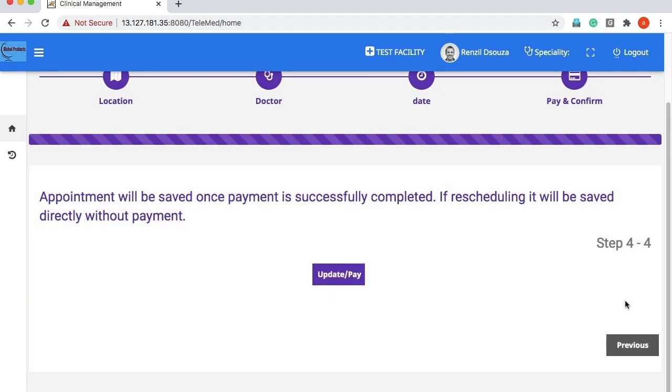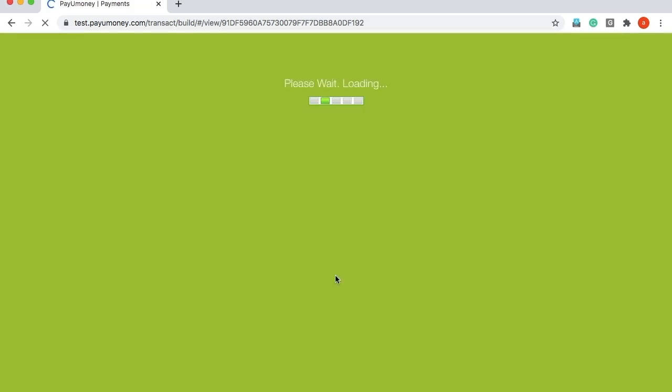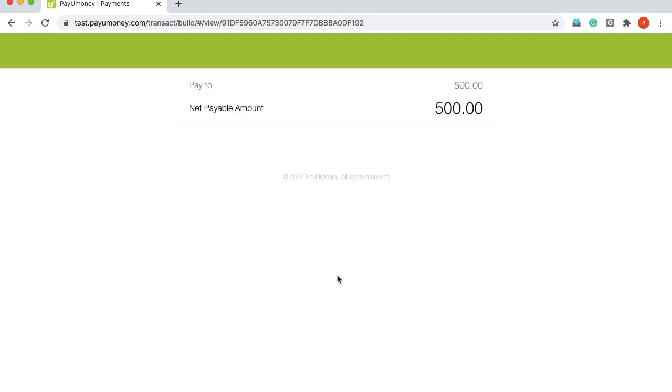the patient will move to make the payment for teleconsultation. Clicking on update pay will direct the patient to the payment gateway where he can make the payment.